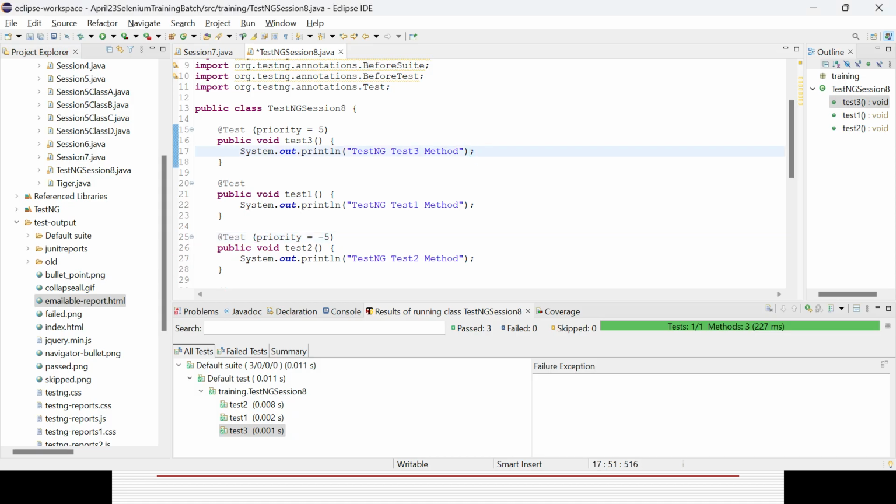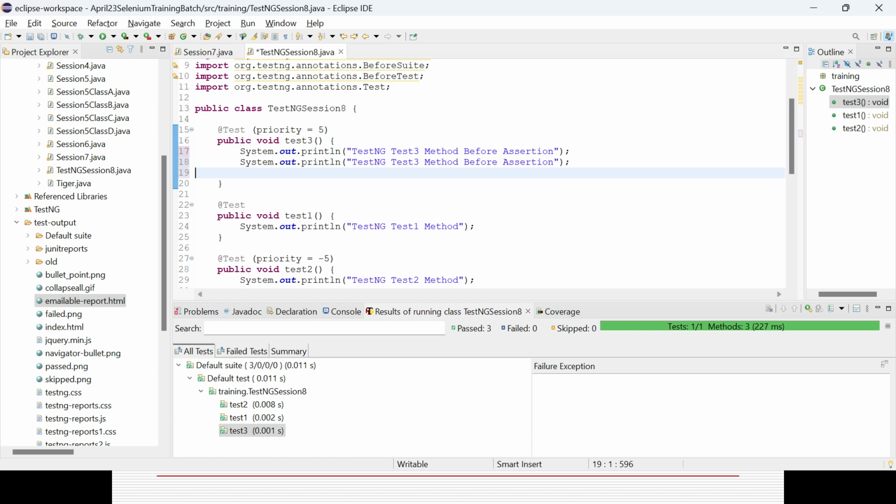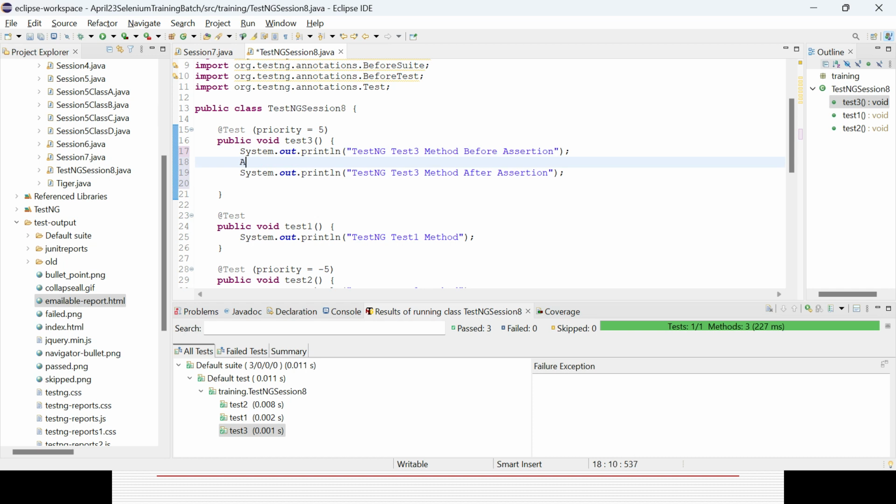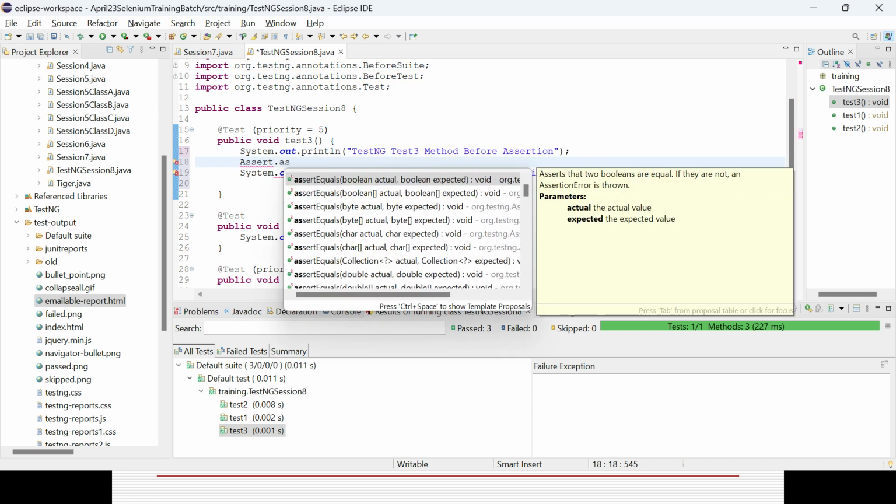So here, say, TestNG test method before assertion, right? That is my line of code, and this is my other line of code after assertion. And in the middle, I am creating a hard assertion. There is an Assert class available. If you put a dot, all the methods will come. So I want to give an assertion called